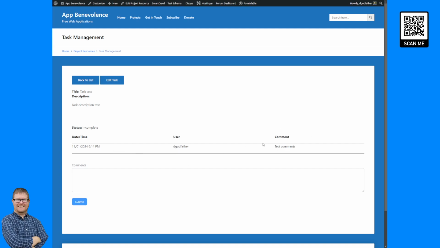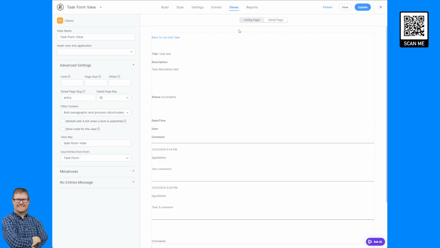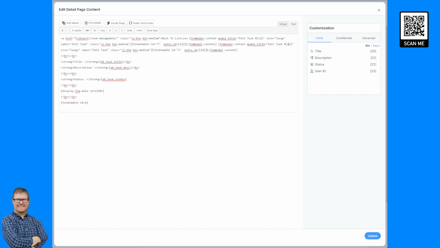I'm going to go ahead and make a comments button and drop it somewhere here and then have that pop up, maybe even up top here. Go over to our parent view where we've got the buttons popping up that's doing the comment functioning. All right, so let's add another form mode content. This one is going to be